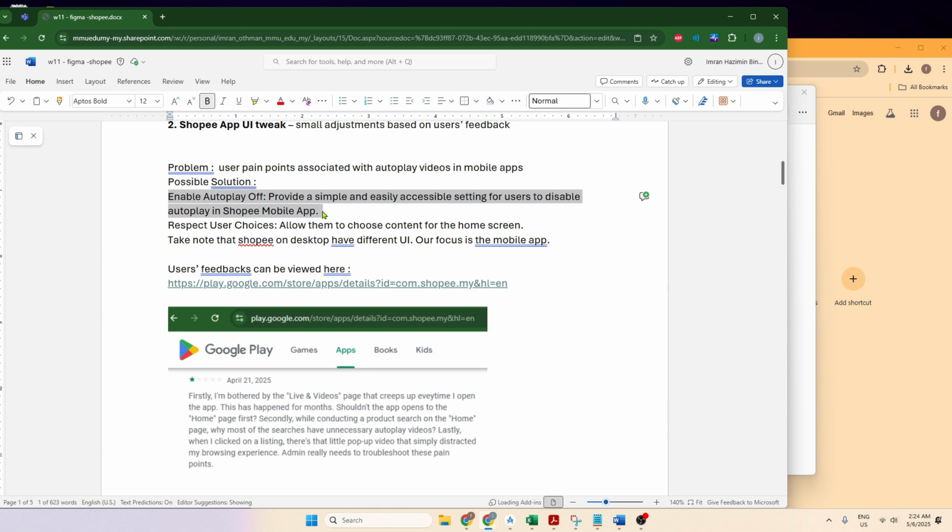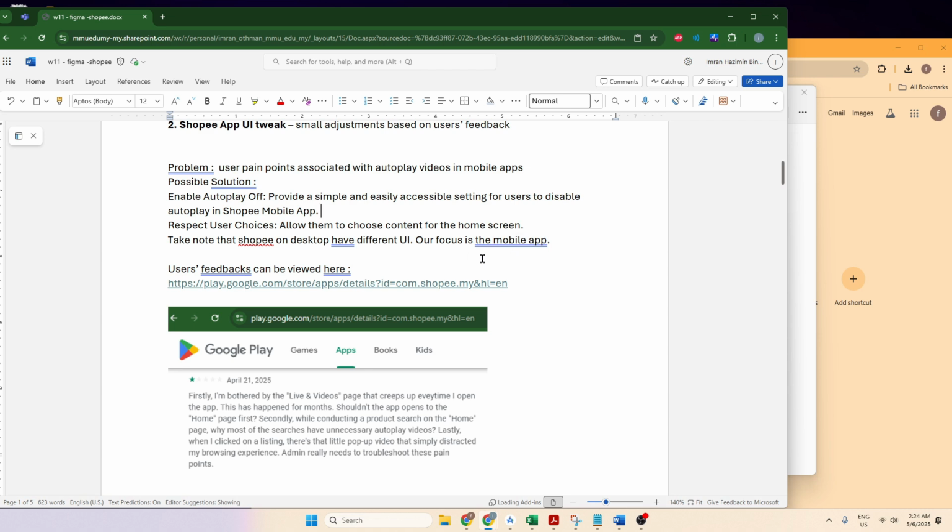We want to put an option where users are given the option to turn on or off video on their home screen, autoplay on or off, or you can completely remove it from